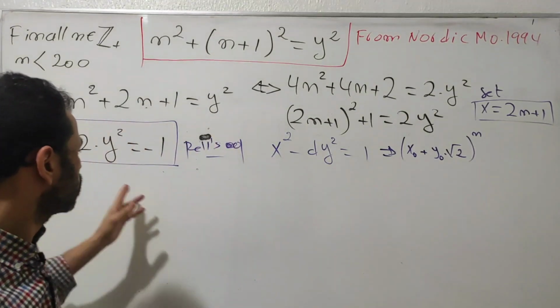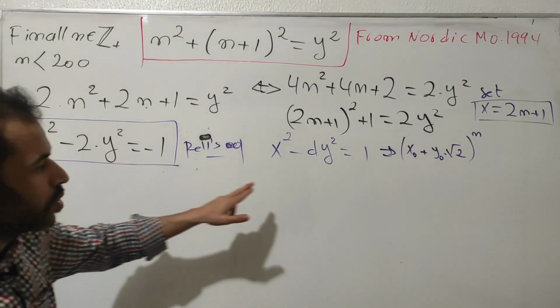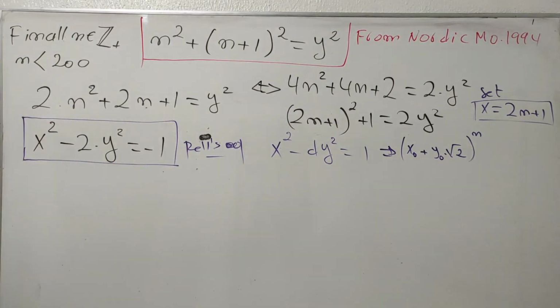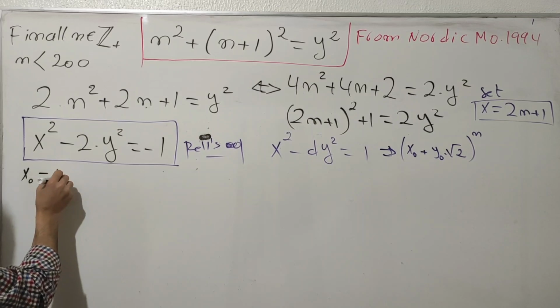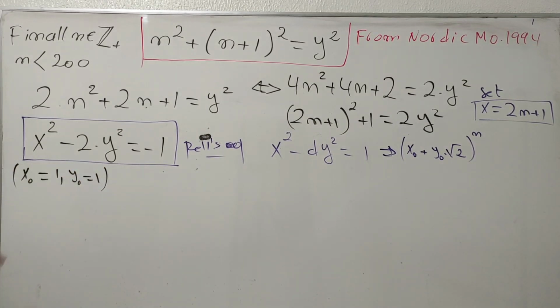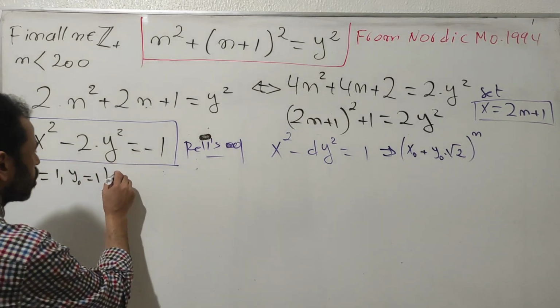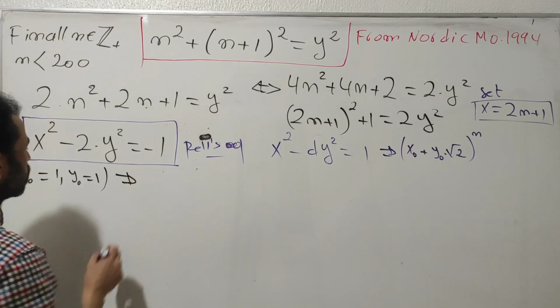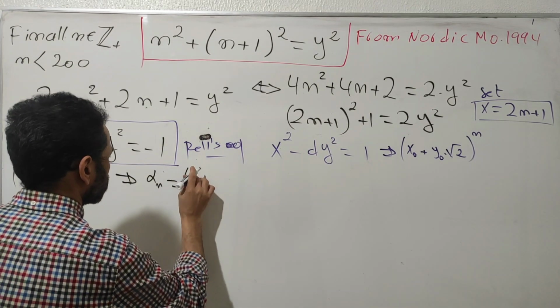Now let's give the general solution of this one. But remember, we have minus 1 here. So the obvious solution of this one is x0 equals 1 and y0 equals 1. If I replace that here, I get 1 minus 2, which is minus 1, verifying this equation. So the general solution of this one by recursion, I get alpha n, which equals